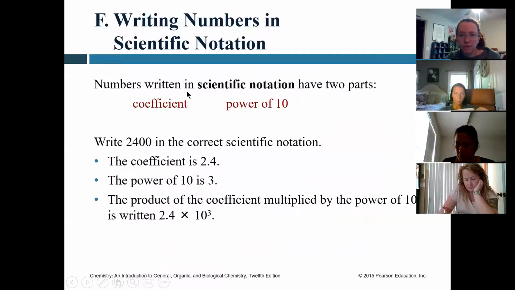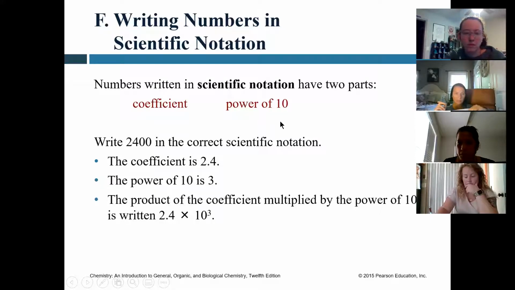So, kind of already went over this, but the first part of your number written in scientific notation is your decimal, or sometimes they use the word coefficient. And then there's going to be a second part, which is a power of 10. So let's look at